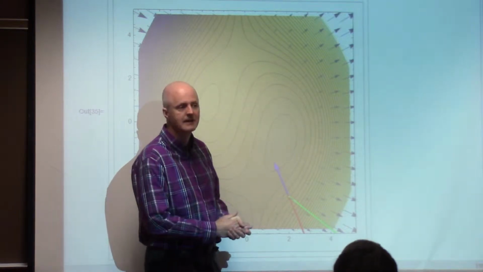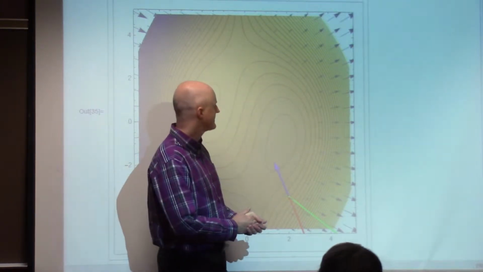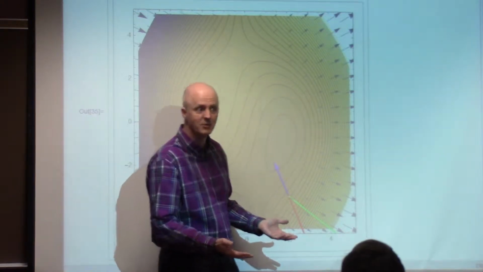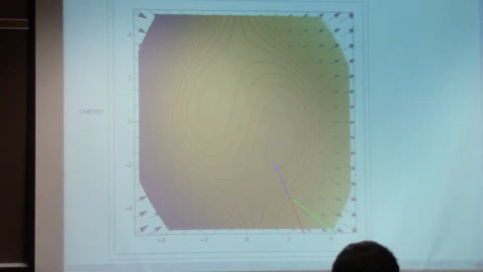Or so, it seems. Okay? They're scaled down because it makes the picture a lot nicer. If you made them all the right length, the picture wouldn't be nearly so nice. They're all pointing in the right directions, and they're all, hopefully at least, relatively speaking, the right length compared to